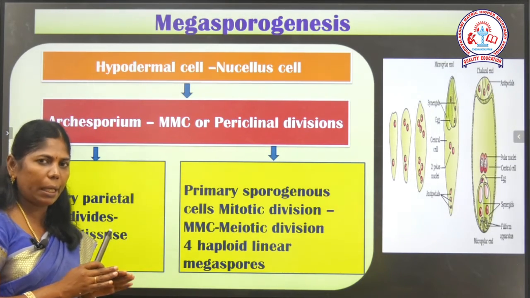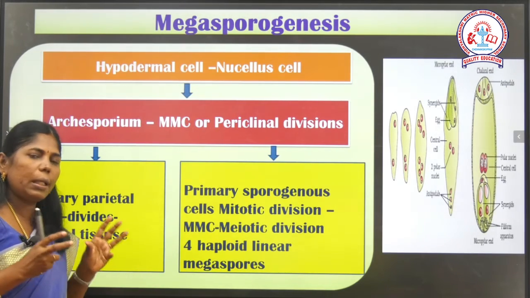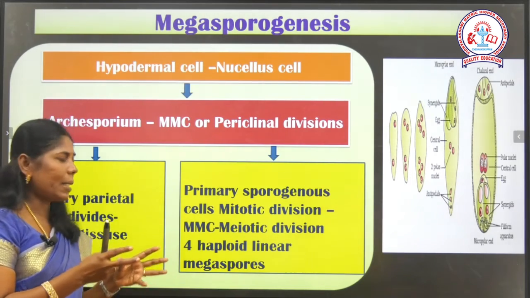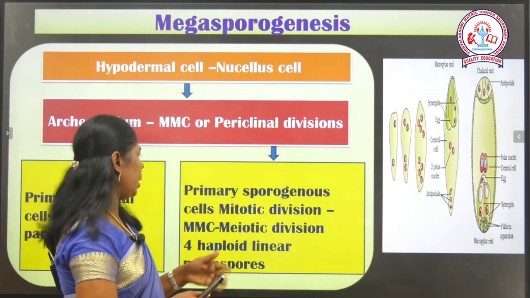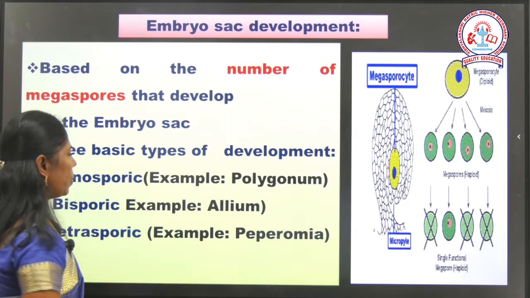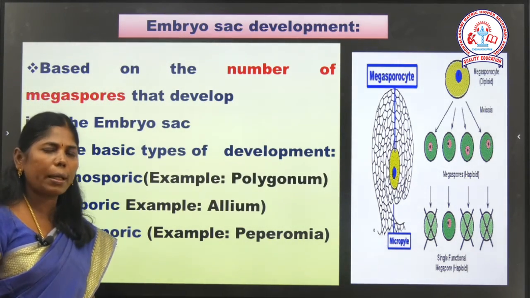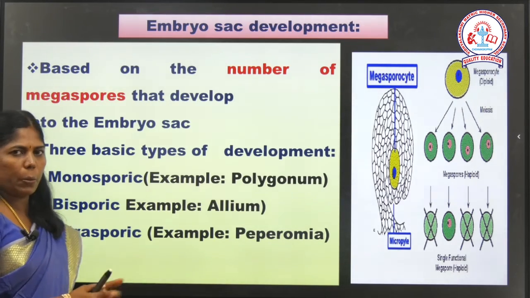Here 3 layers are not formed. Instead, the sporogenous tissues have to be embedded inside the nucellus. The primary sporogenous cells undergo mitotic division to form 4 haploid megaspores. From the 4 haploid megaspores, the embryo sac starts developing. So how is the embryo sac developed? Based on the number of megaspores involved,